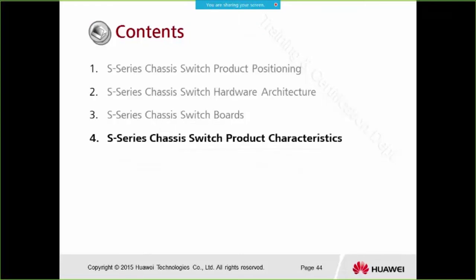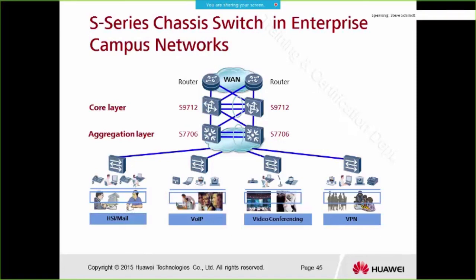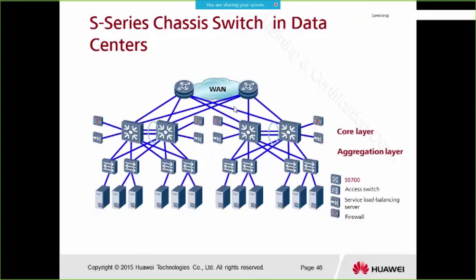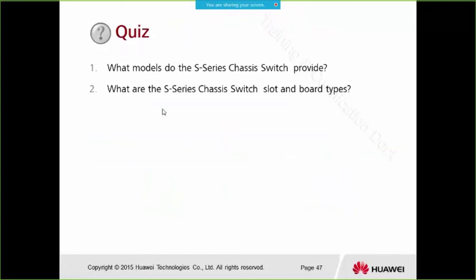Okay, next are the S series chassis switch product characteristics. Here, in an enterprise network, we can access different services like mail, VoIP, video conference, or VPN using some S57 box switches. Then, in the aggregation layer, we can deploy S77 using a CSS system. Also in the core layer, we can deploy S97 using a CSS system. And in the data center, this switch could be S67, and here we also use a CSS system to deploy 97 or 77. Okay,